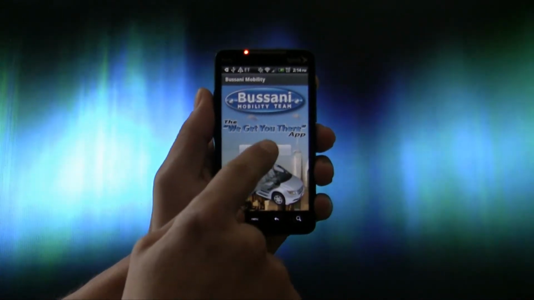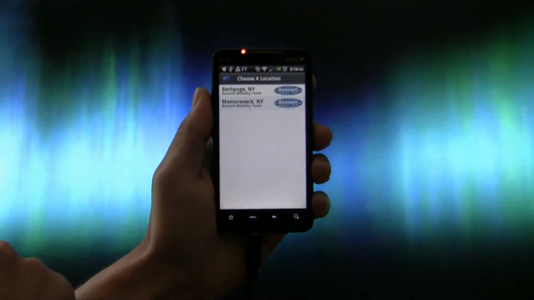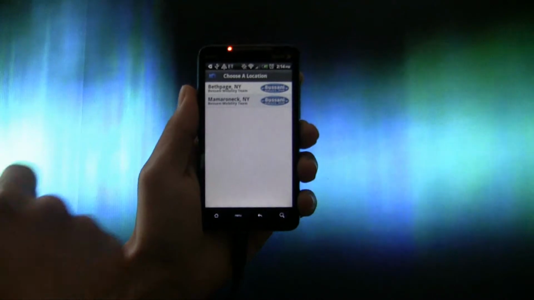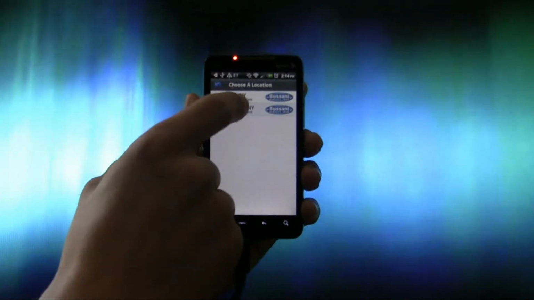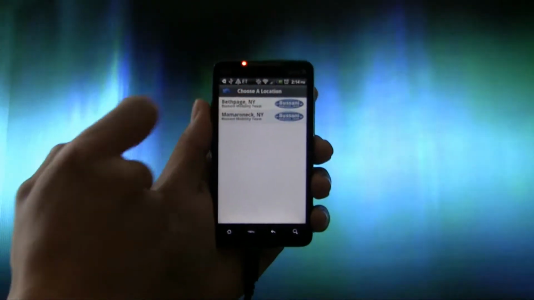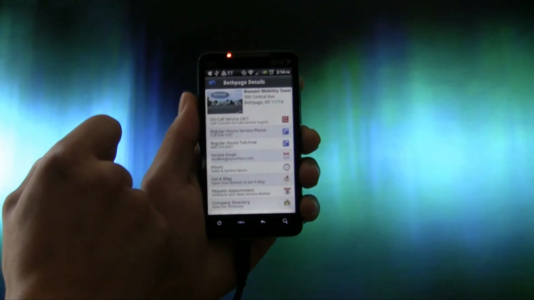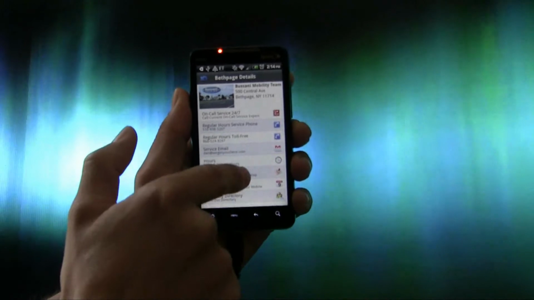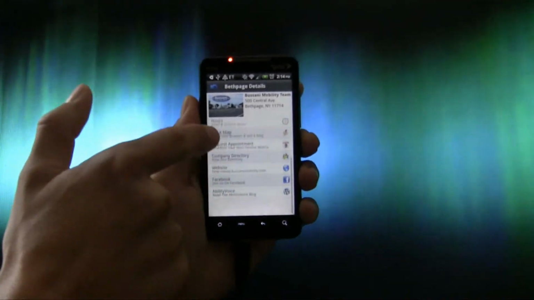There's a button here that says Get Started. We'll go ahead and click that. First choice is the locations that are available, so we will choose a location. Right now I'm clicking on Bethpage. And this opens up a picture, the address, as well as a bunch of different options that are available for